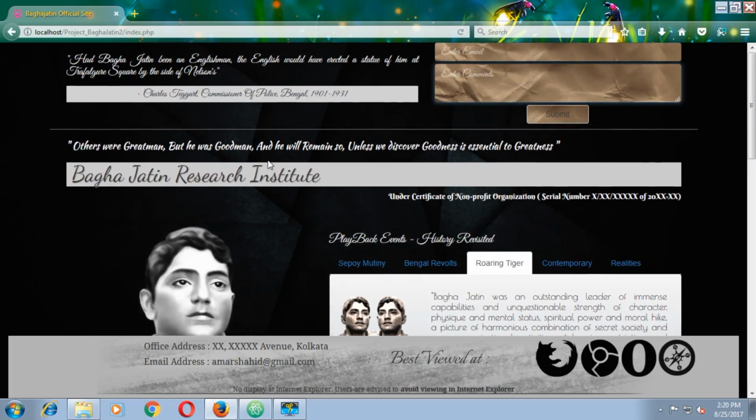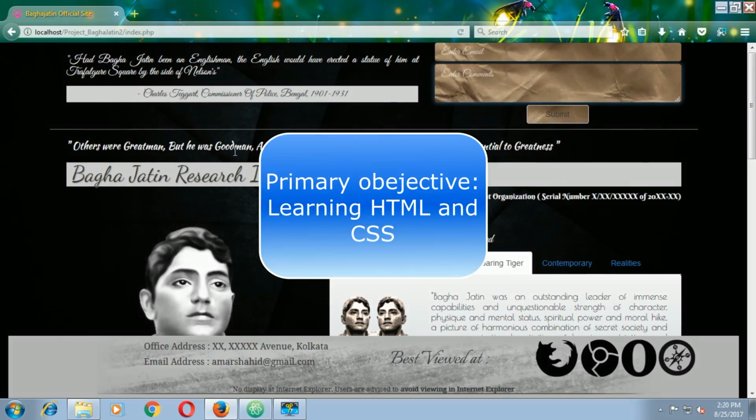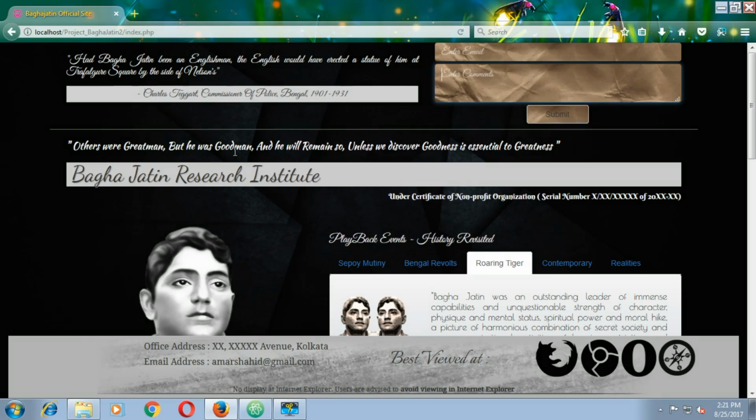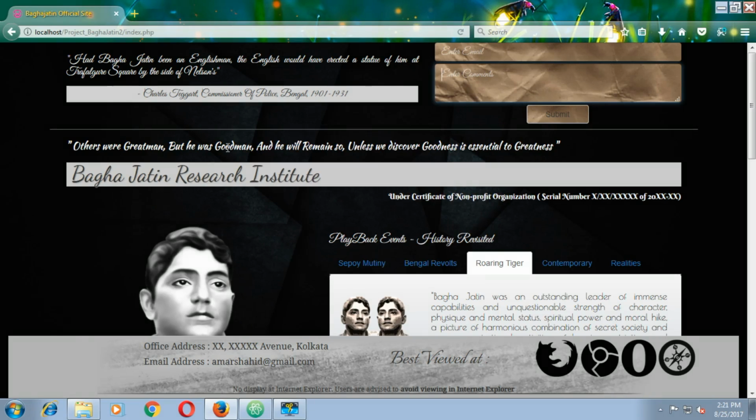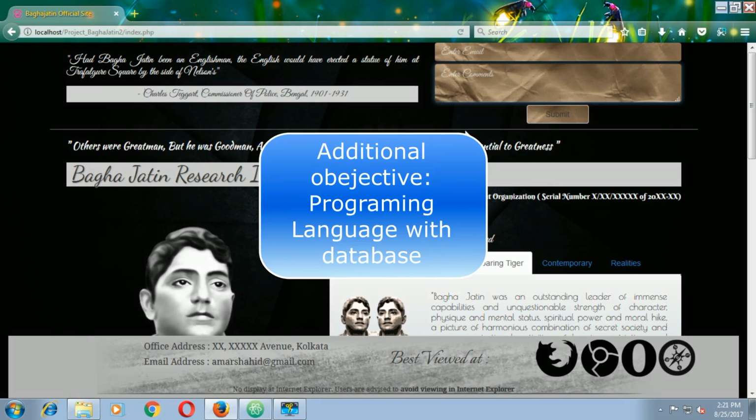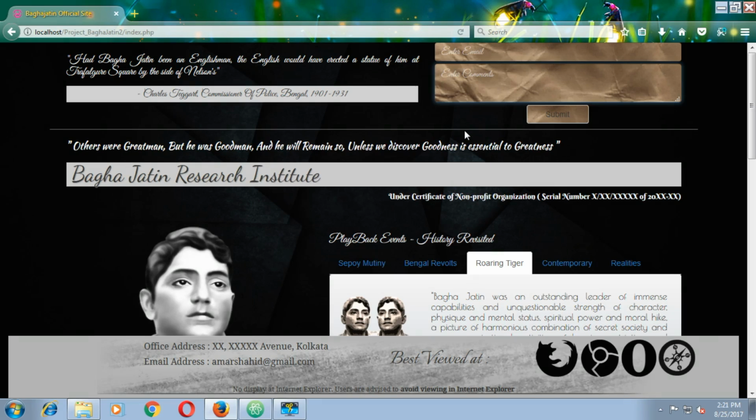First thing that we need to know from our courses is an in-depth knowledge in HTML and CSS. This is the first part. The second thing you need to know to make some mobile responsive site, and that is why you need to know about Bootstrap responsiveness or foundation. And the third part is you need to make your site dynamic, and that is why you need to know about some kind of programming languages.